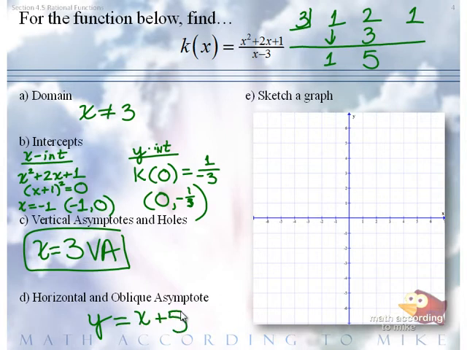If you want to find the remainder, that's cool. It does not mean anything. So as far as the graph, part A doesn't directly affect the graph. Part B, we have an x-intercept at -1, y-intercept at -1/3, and we have an oblique asymptote at y equals x plus 5. So that means it's going to go through,